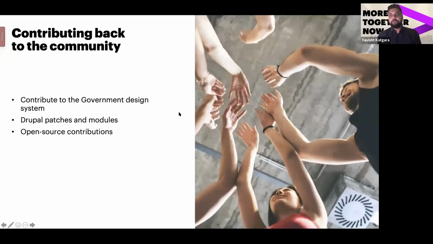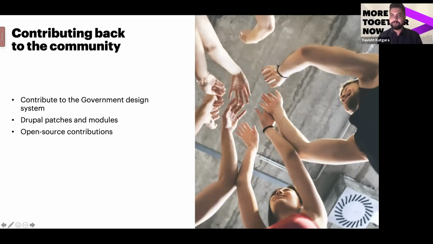Thanks, Josh. Since we are working with a government agency, there are certain guidelines that state that we have to contribute back to the community. That's a really great thing because it's given us an opportunity to contribute to the government design system, as well as certain patches or modules that we have to work on before anyone else, and so we get an opportunity to actually contribute back to Drupal as well. And in the front end world, you've got so many open source libraries, npm. We are contributing and creating issues if we find any, and also suggesting workarounds in the community. I'm really happy that as a programmer, I get to satisfy my open source contributions as well,